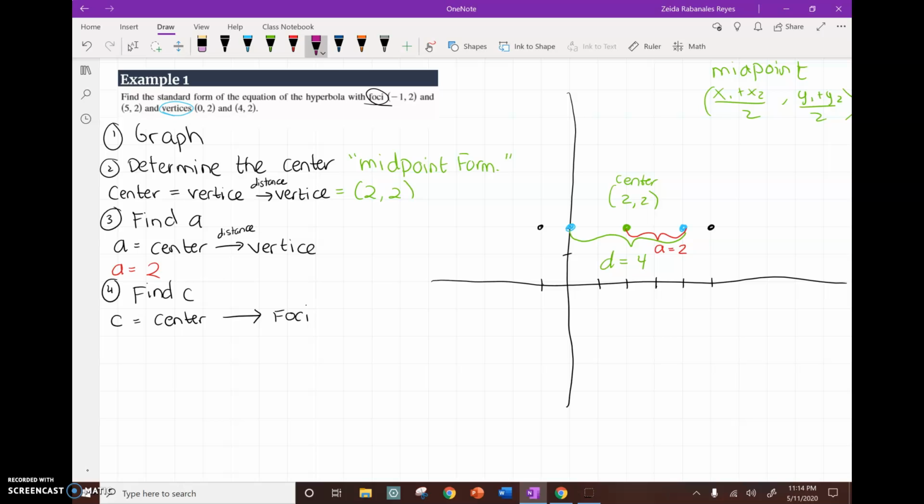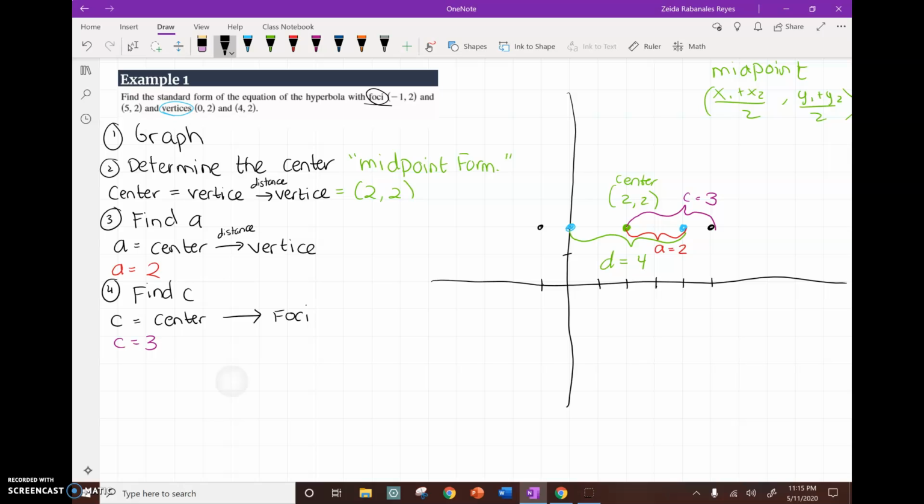So the distance from, let me do this one up here, the center to the foci point is C. C is equal to, that's 1, 2, 3. C is equal to 3. Now I can find B